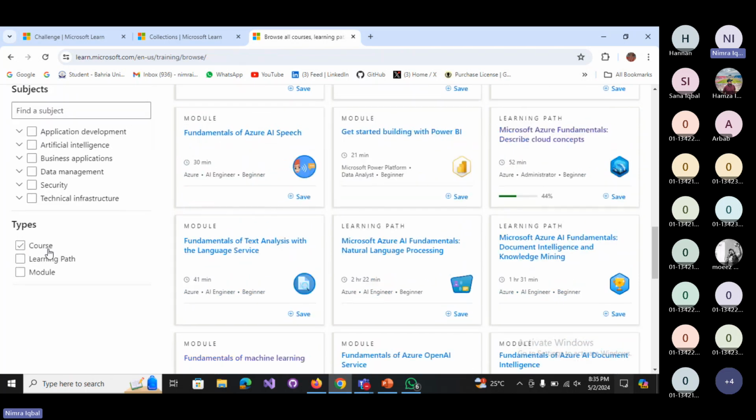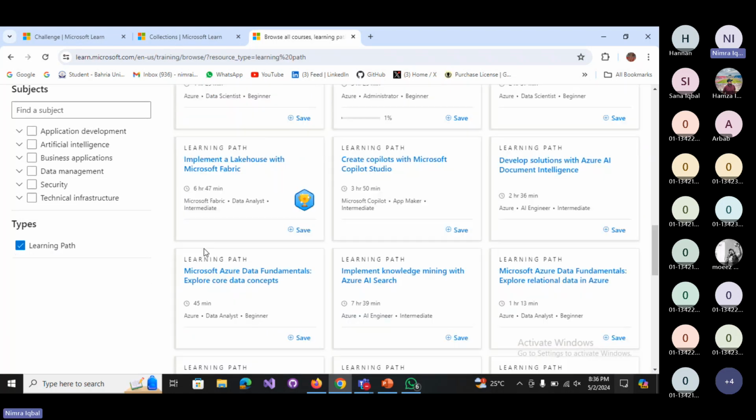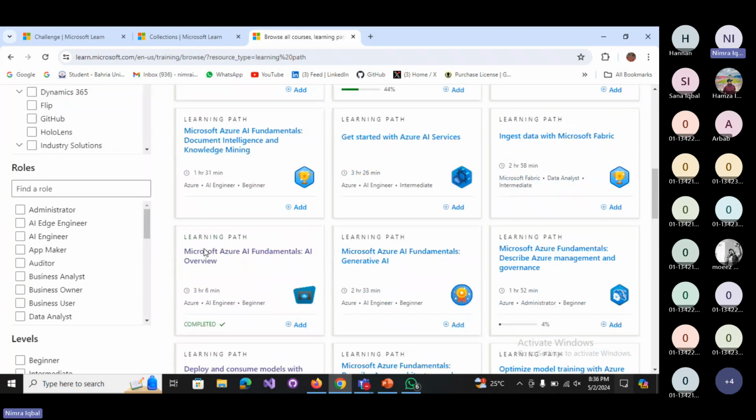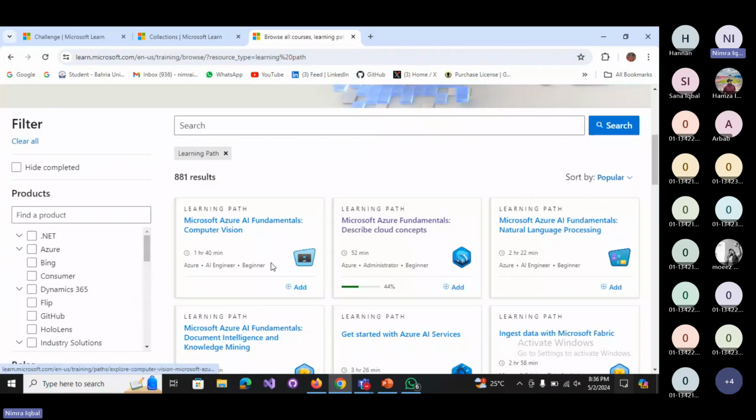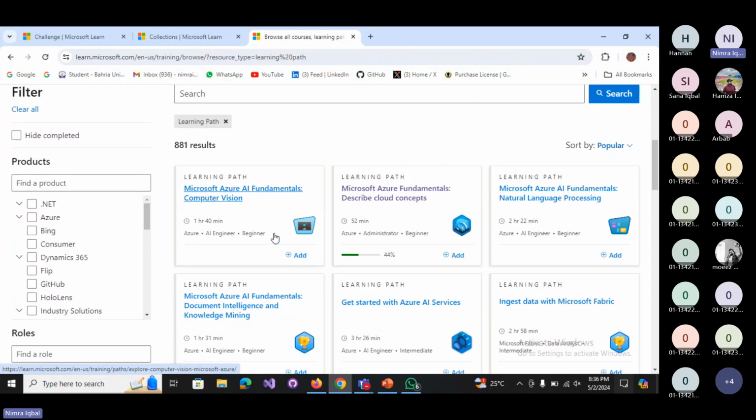And let me tell you about learning paths. तो learning path जो होता है is a set of modules. Like learning path में different sets होते हैं of modules. मतलब अगर मैं इसको खोलूंगी तो there are different modules in that. तो अगर आप इन learning paths को cover करेंगे तो along with that आप different modules भी cover कर रहे होंगे. So for example, if this learning path has 10 modules, then आपको 10 certificates मिलेंगे.